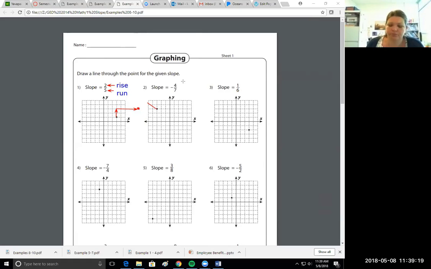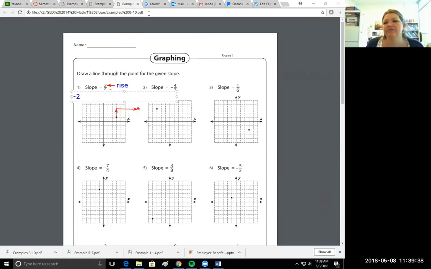Okay, so how could I figure out that line? Well, what you can do is, if you go off the graph, you can change the signs of both the numbers. Let me say that again. You can do the same slope by changing the signs of both the numbers. So doing 2 over 5 is the same as doing -2